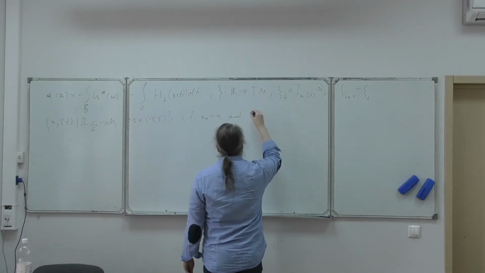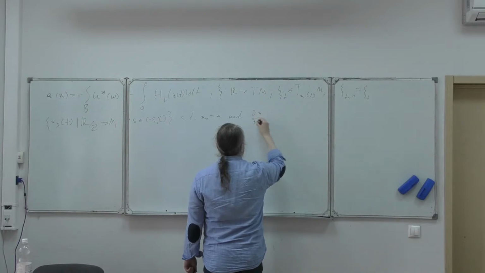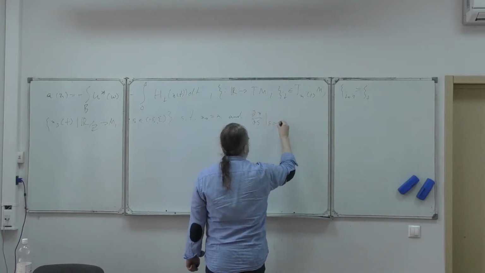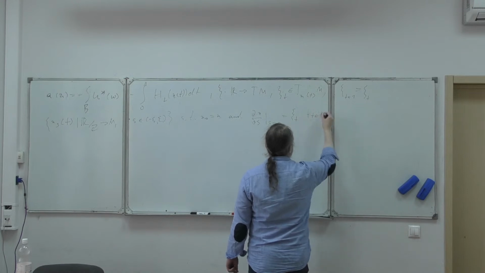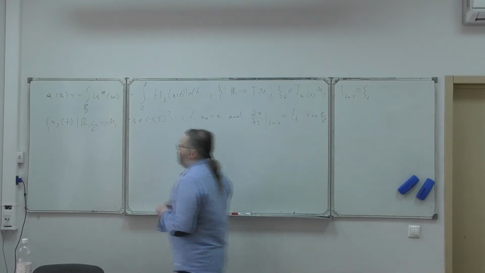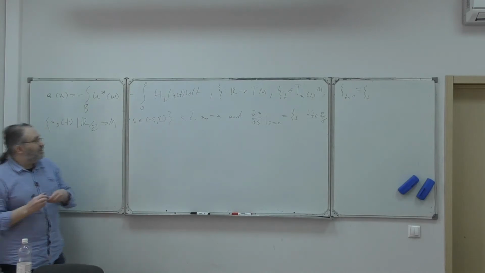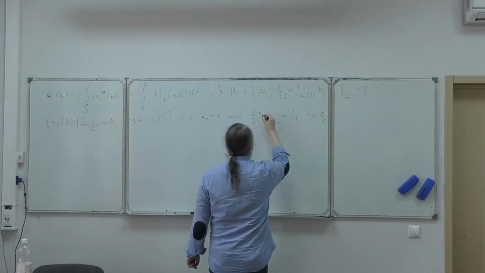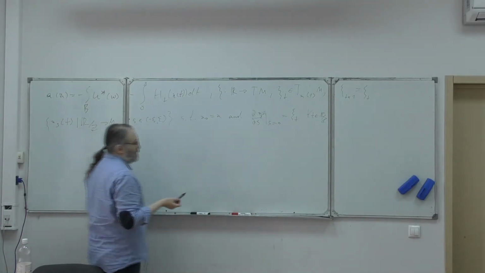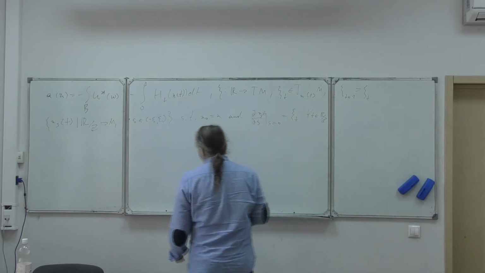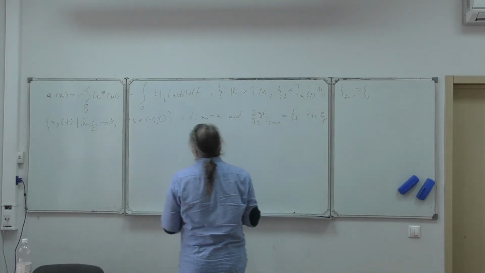Well, what does this mean? This means that when we take this family and differentiate it along S at S equals 0, we get this vector. Now my claim is